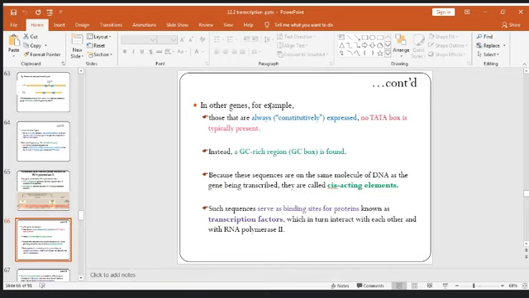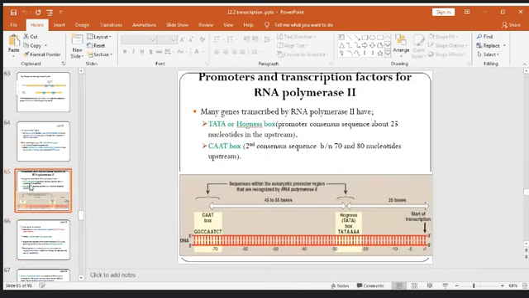So the other genes, for example those that are always or constitutively expressed, are there and no data box is typically present in those genes. Instead, in those genes as I told you before, the GC rich region is found here. region የት ነው -70 region ላይ ነው ብዙ ጊዜ ቀደም እንደነገርኳችሁ ወይም CAAT box ይባላል ግን CAAT box region ላይ GC regionዎች ወይም GC ኒውክሊዮታይዶች ብዙ ጊዜ ይበዛሉ።